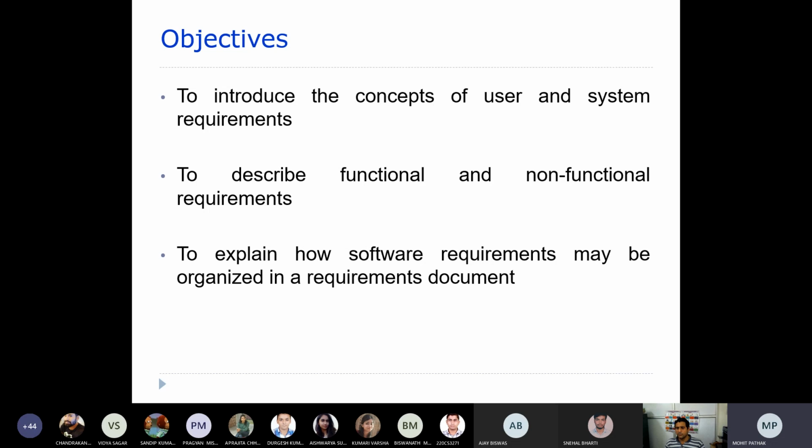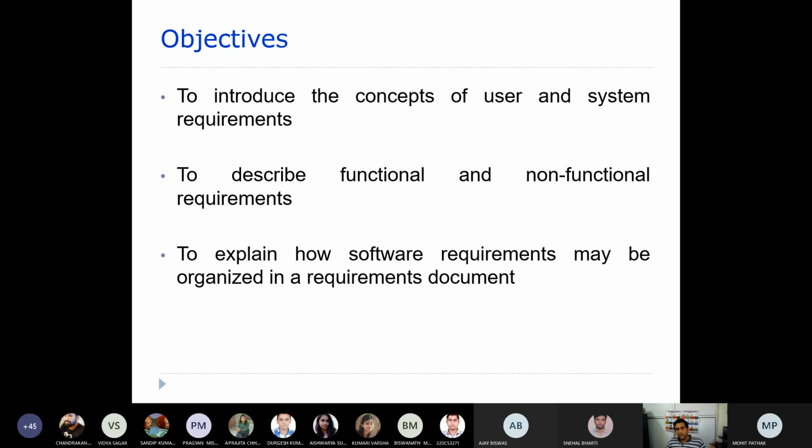Yes, Mohit, you want to ask something? So there is a disturbance. I think students, you try to mute yourself. Mohit, yes. So I have muted Mohit, so it was creating disturbance, right?